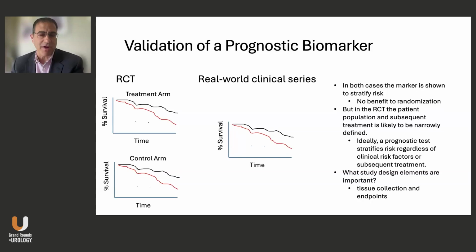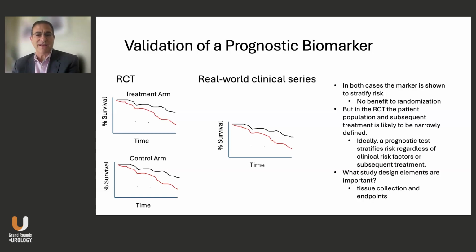I see the same Kaplan-Meier. My prognostic marker stratifies risk, just like it did in the RCT. So in both cases, I would say you have validated your prognostic marker. Now, are they equivalent? Actually, I don't think so, because in the RCT population example, the patient population and the